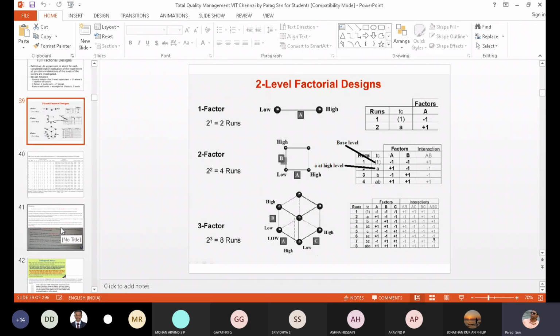So similarly in the case of 4 factors, it is also the same. Or in the case of 5 factors, the same thing will happen. But again, I am telling you about what the design matrix will be for 4 or 5 factors, or for the higher levels of factors.